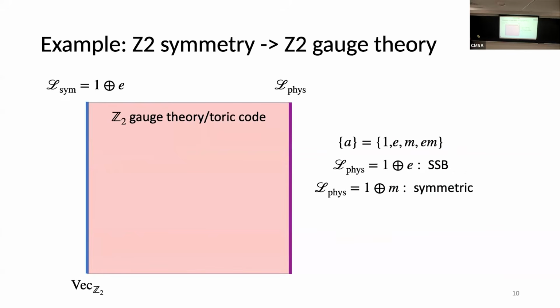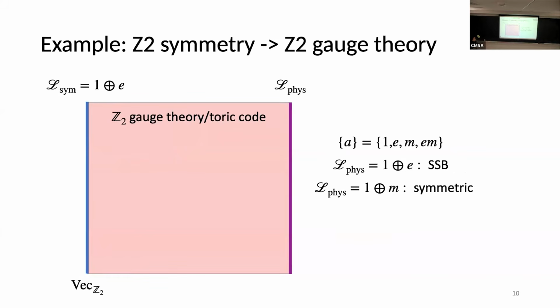As a very simple example, we can consider the Z2 symmetry without any anomaly. So this is just Rep Z2 with trivial cocycle. And there, the topological order that you get is Z2 gauge theory, the toric code. And then, as we know, there are two gapped boundaries. There's the so-called Dirichlet boundary condition and the Neumann boundary condition, or E condensed or M condensed. And we have the symmetry boundary, which is the E condensed, Dirichlet boundary